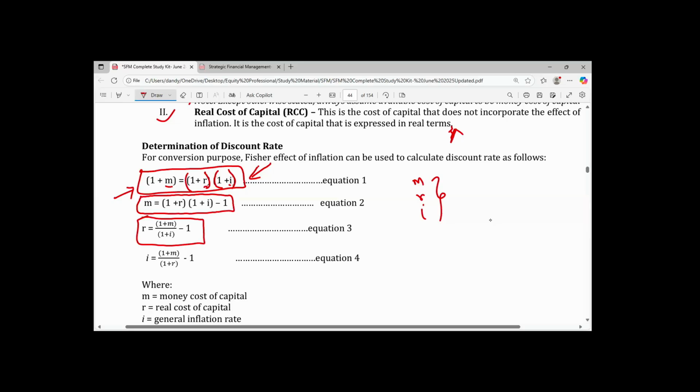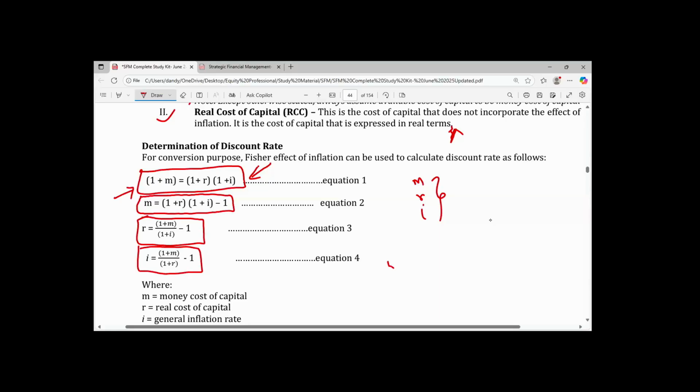Again, it is also possible in the question that you are given money cost of capital and real cost of capital, but the general inflation rate is not given to you. To get the general inflation rate, the same way you calculate the real rate of return is the same way you will calculate the general inflation rate. In this case, you want to make I the subject of the formula. To do that, you need to divide both sides by 1 plus R. So the formula for calculating general inflation rate is 1 plus M divided by 1 plus R, all minus 1. So that is how to calculate the discount rate